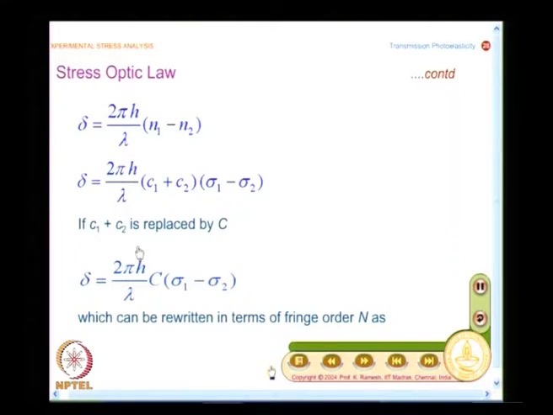So, it is a function of the material that I am going to use, and it is also a function of the wavelength. That is very important. And you know, if you go to any of the optical techniques, you would not tell the retardation in terms of radians. It is a lot more convenient if I label it as fringe orders, and I do not know how many of you have really looked at what a fringe order is.